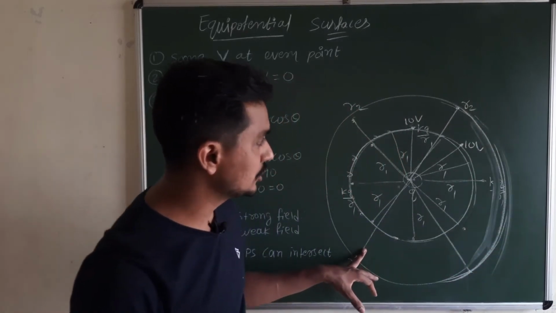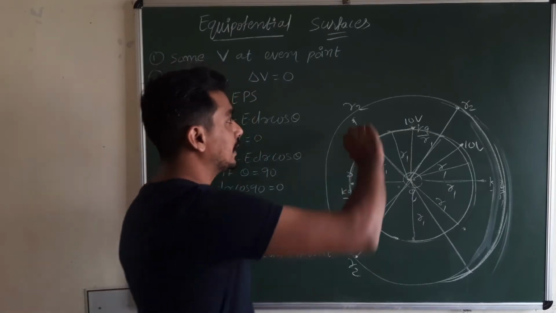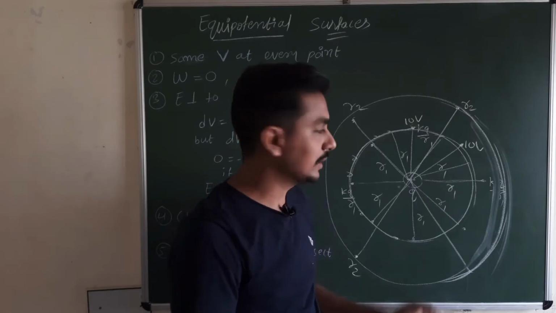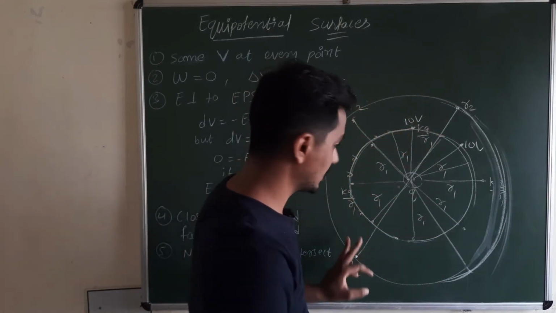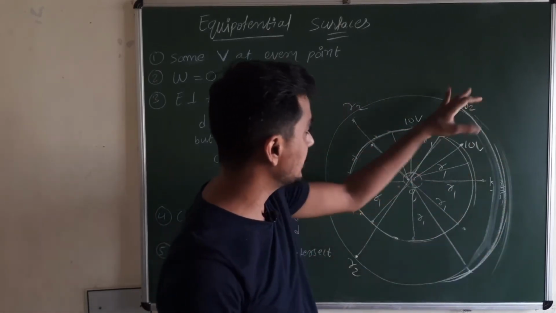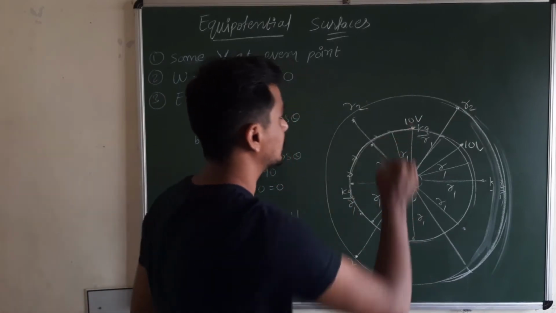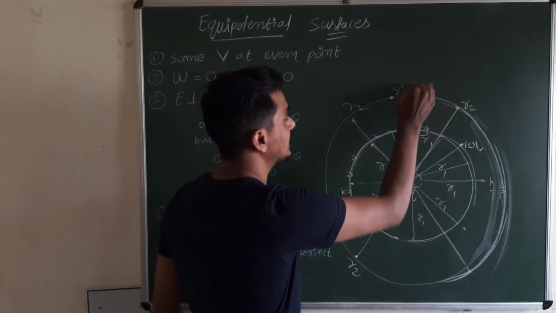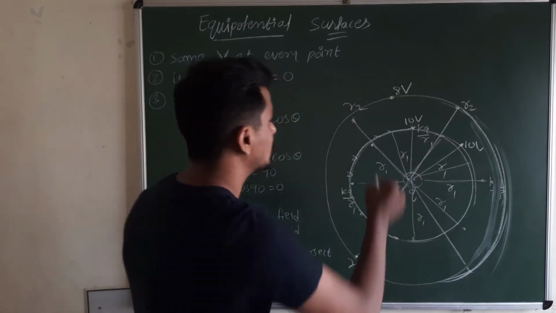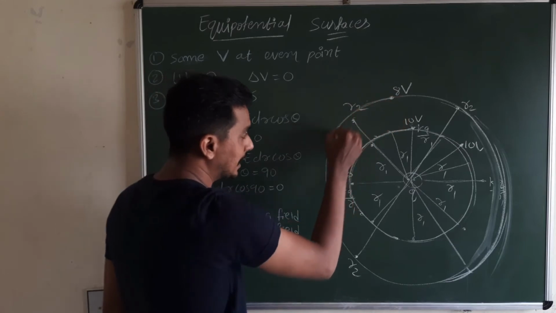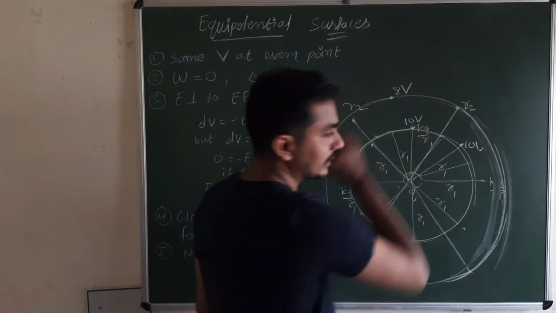radius r2. That is, if I imagine that as a sphere of radius r2, then at all the points on the sphere, the potential will be the same. For example, here we have 10 volt. So here let us assume the potential is 8 volt. So at every point on this spherical surface, the potential is